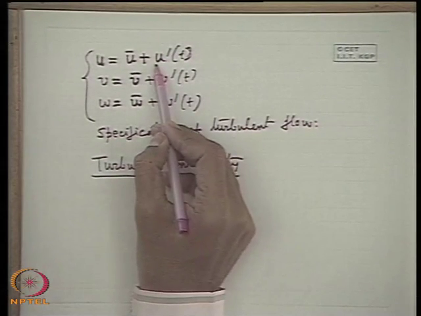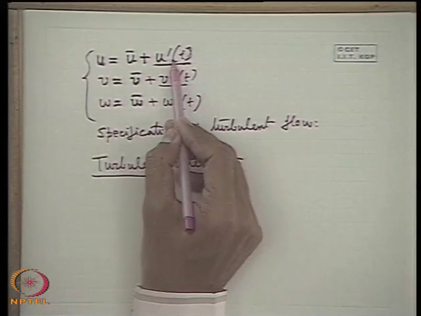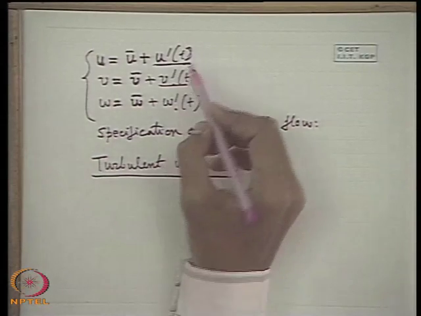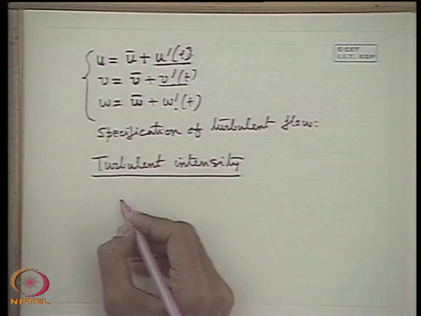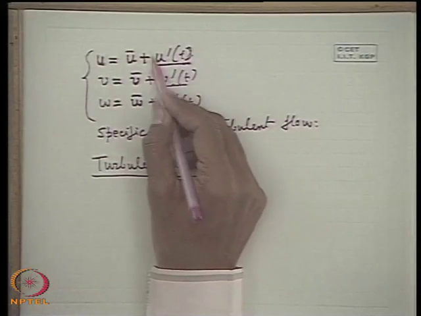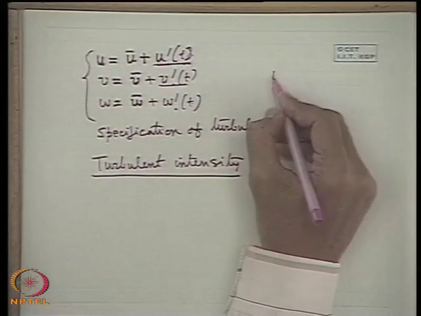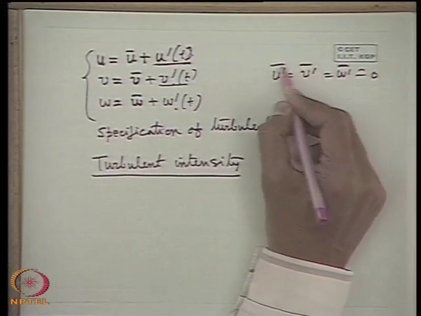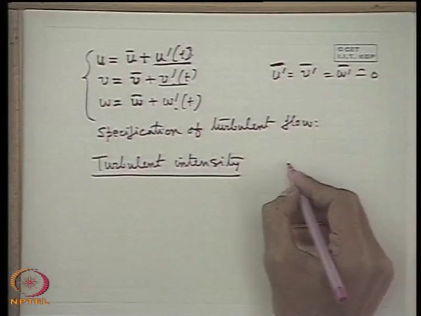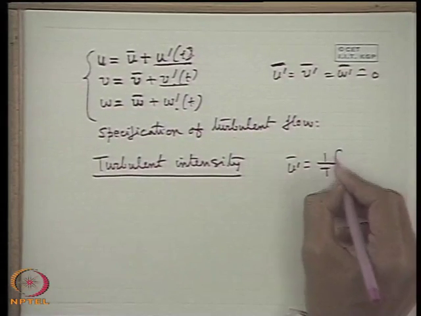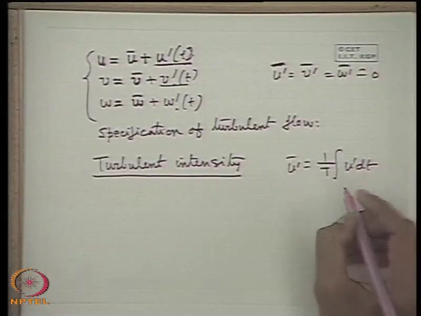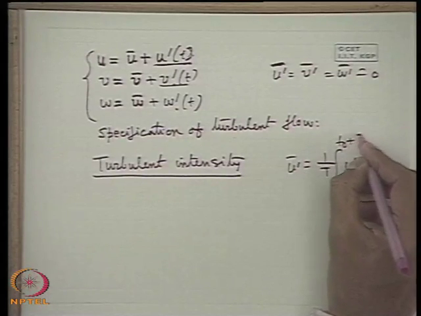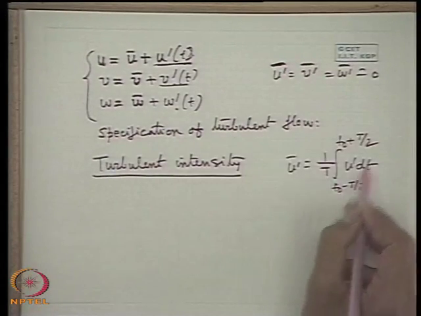And as you know, the turbulent intensities are due to the fluctuating components. If u dash, v dash and w dash are exactly 0, then this is a 3-dimensional laminar flow. So, turbulent flow is because of the presence of these. Therefore, turbulence intensities can be expressed as some average values of these. These are changing with time, but unfortunately the mean of u dash, v dash and w dash is 0. This bar I am using to express the average. For example, u bar means the time mean, that is the integral of u dt over some time interval from t0 to t0 plus t, divided by t. So whenever I put a bar, that means the time mean value.